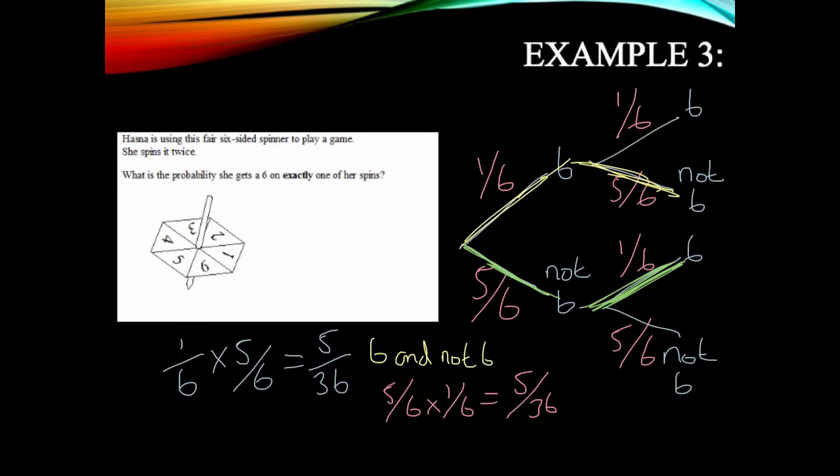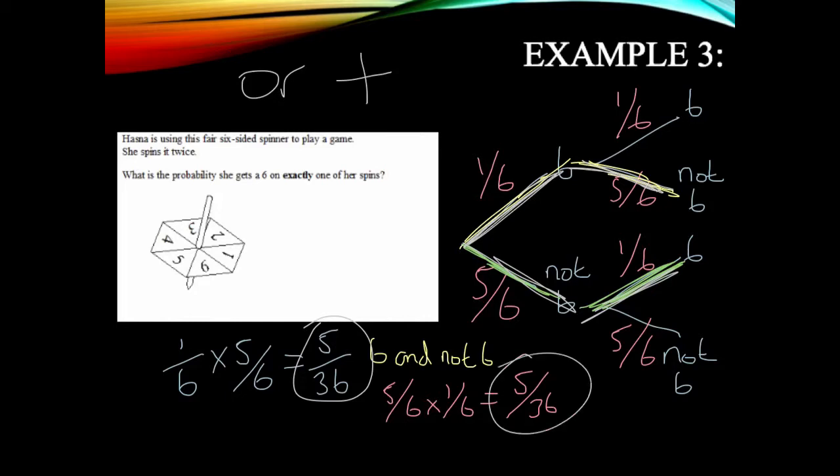The last thing it said was exactly one of our spins. It could be this route or this route. Remember, or means add, so I can add these two fractions together. The denominators are the same, brilliant. So all we've got to do is add the tops, which means that my final answer is going to be 10